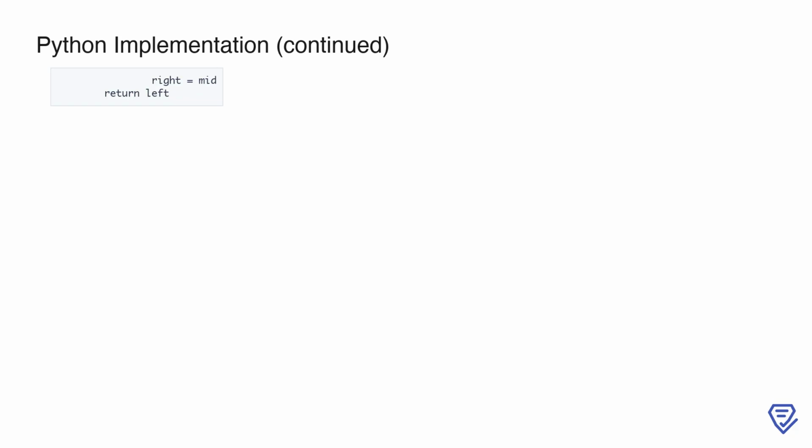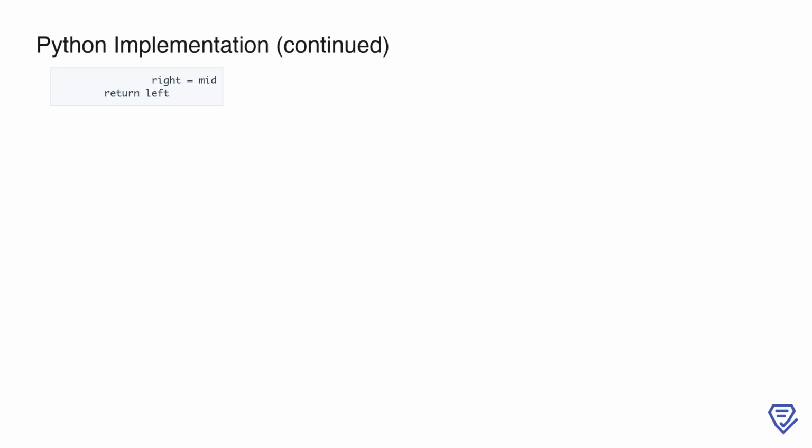While the left pointer is less than the right, we calculate the midpoint and check whether the product at mid is lexicographically smaller than the prefix. If it is, we narrow the search space to the right half by setting left to mid + 1. Otherwise, we reduce the search space to the left half by updating right to mid. Once the loop exits, left will point to the index of the first product that matches the prefix, which we return. This method ensures that we find the starting index in logarithmic time, making the solution efficient even for large